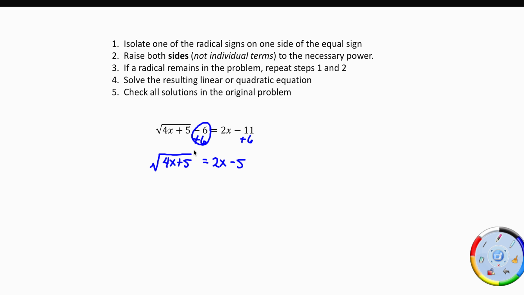And then square both sides. Not individual terms, both sides. This is not 4x squared plus 25. A square and a square root undo each other. So I have 4x plus 5